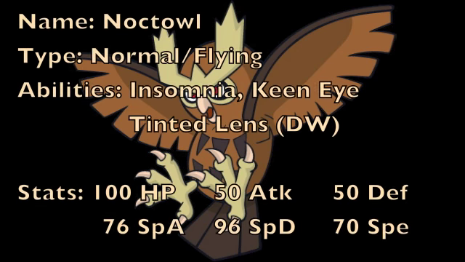So first off, Noctowl sports the Normal/Flying typing, which is a pretty common typing among bird Pokemon that you meet very early in the game, which you do with Noctowl in Gold and Silver. But it does have three abilities, the first of which is Insomnia, which is an ability that makes it so that you cannot be put to sleep, whether you are using the move Rest or your opponent is using a move like Sleep Powder or Spore. And it is very cool, especially because of the fact that a lot of those Pokemon